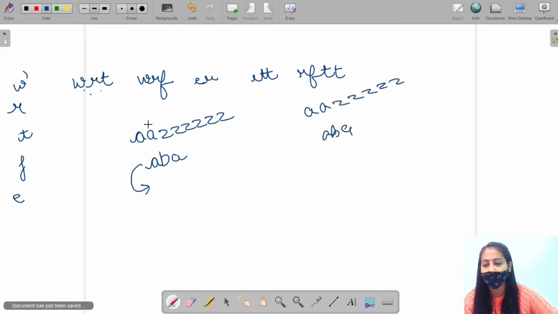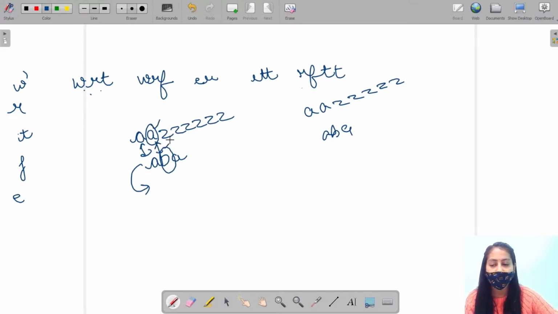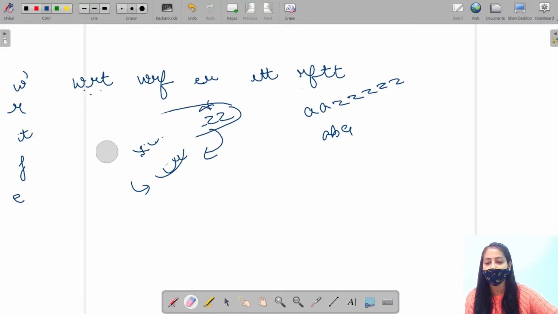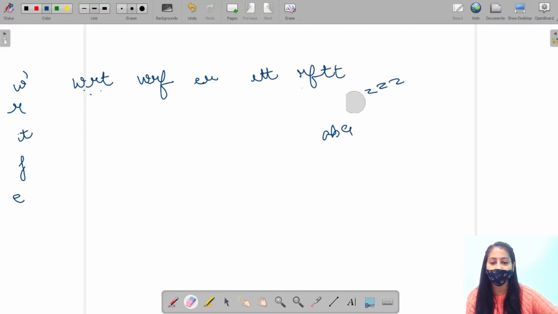Why? Because the first mismatched letter is this, right? The first character is the same, the second character is mismatched, right? So A comes before B in the alphabetical order. That's why this comes before this word in the lexicographical order, no matter what the length of these words is, right? So what is to be taken care of is the first mismatched character, right?